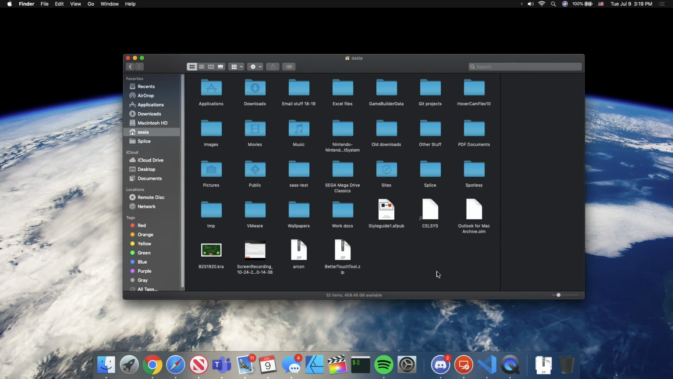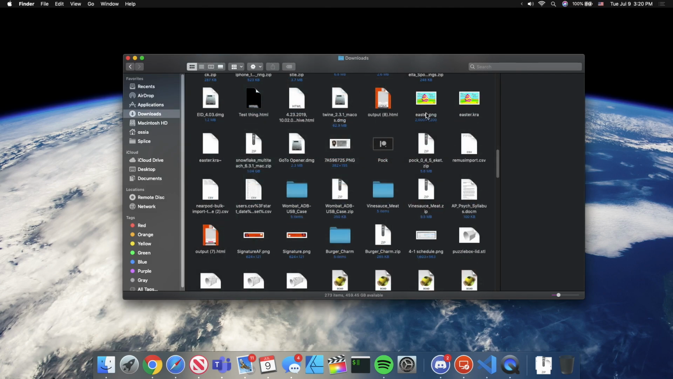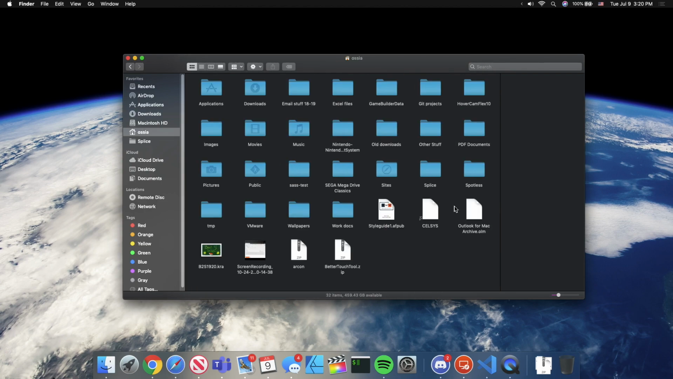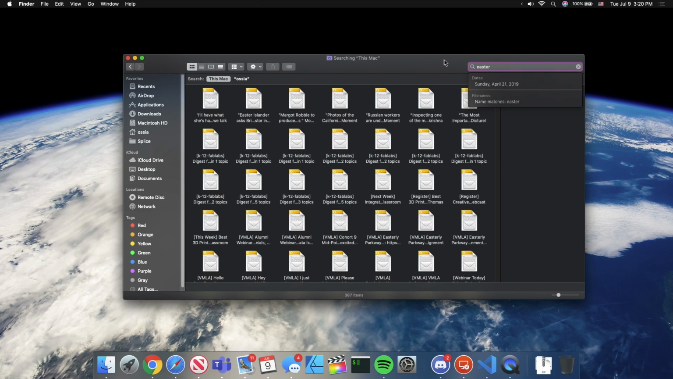So now it comes down to, say I have a file that I'm looking for, but I don't remember where I put it. I'm going to find a file in my downloads folder. Okay, we're going to look for Easter. So if I'm back in any arbitrary folder, in this case my user folder, if I go up to this top right search bar, I can type in the name of the file as much as I remember,